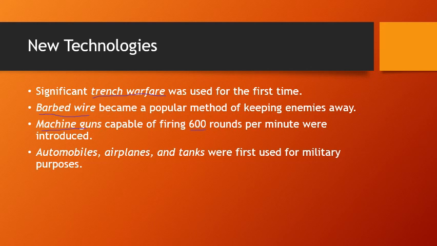We see tanks used for the first time for military purposes. Tanks in the First World War were initially meant not to have much firing capability, but to drive over and snuff out landmines. Also, you could use them to drive over barbed wire without any damaging effect. But as time went on, we started putting mounted guns on tanks, and the modern tank was born there. Most notable in World War One were airplanes.